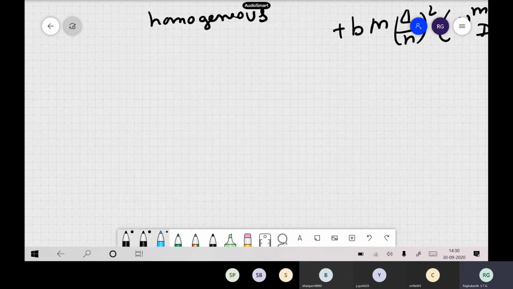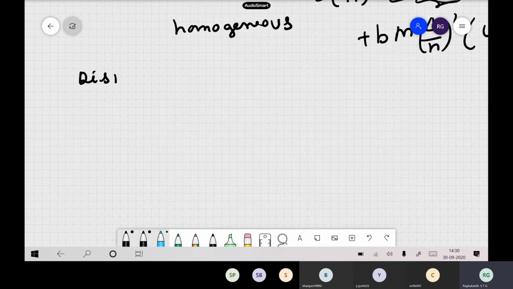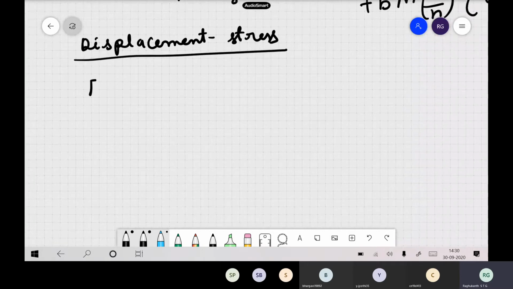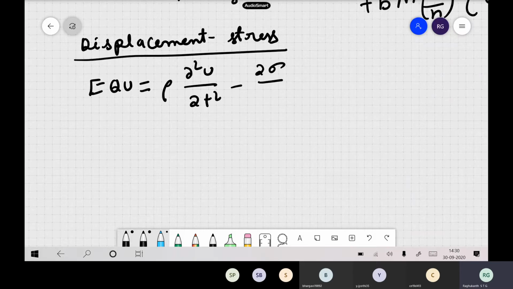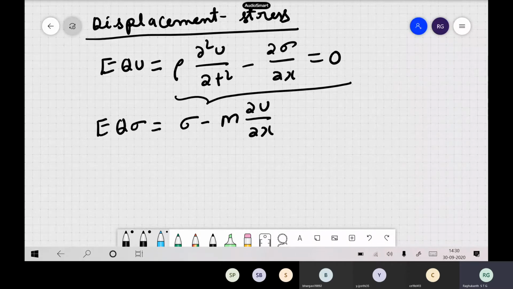Now let us see how these spatial staggered grids come in practice actually. Okay, so now let us see this displacement stress formulation. So the previous example was with displacement formulation. Now let us see displacement stresses. Okay, this type of formulation. So now we have two equations. One is rho dou square u by dou t square equals dou sigma by dou x. Okay, so this is the equation which relates stress and displacement. Then we have another relation actually. Okay, so that is stress versus strain, so sigma is m into dou u by dou x. This is for one dimension.